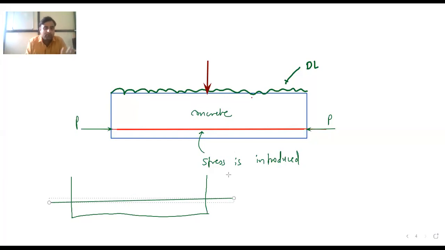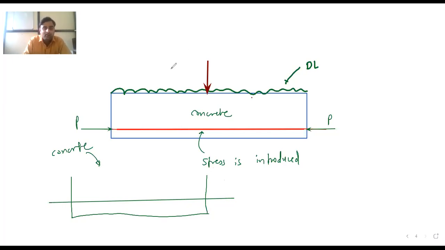Then the concrete is poured and it gets hardened. There are also two procedures, pre-tensioning and post-tensioning. For your understanding, I am going a little bit deeper. The concrete is poured in here and after it is filled, it is kept as it is so that the concrete will get hardened and settled down.